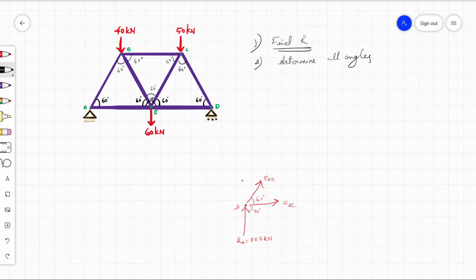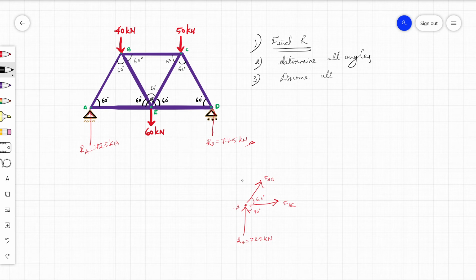And we already found the reactions. RA value was 72.5 kilonewton. RD value is 77.5 kilonewton. This is also done. And what will be our next step? Our next step, this is my step actually, is to assume